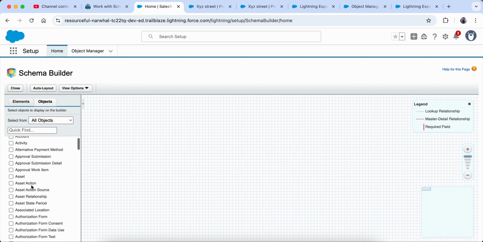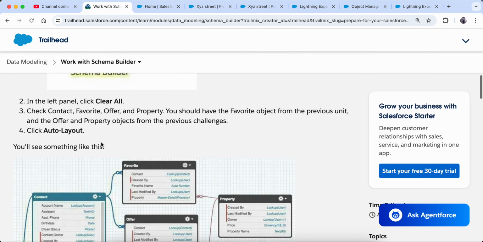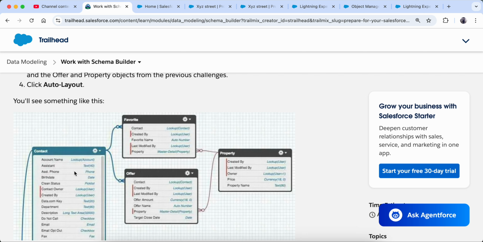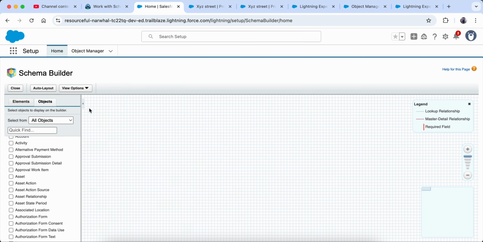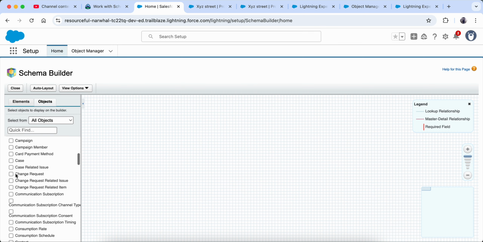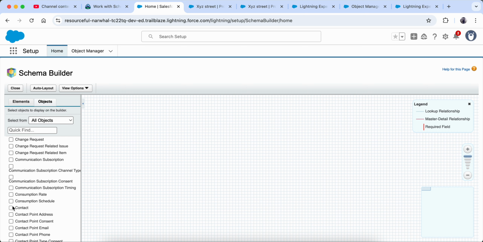Then they are saying to select some fields. Whatever we created, like contact, favorite, offer and property, we created everything, but we have not done the relationships for one of them. That's okay, we can at least see.